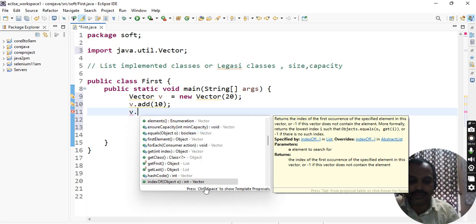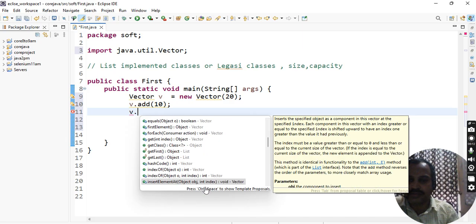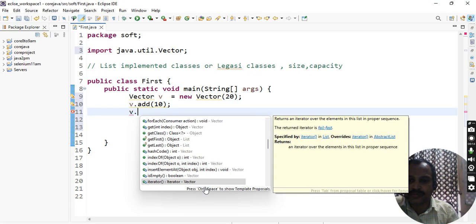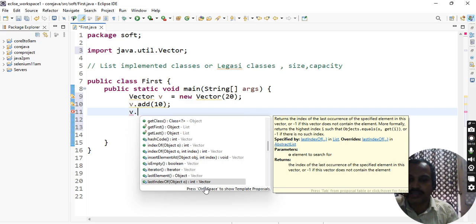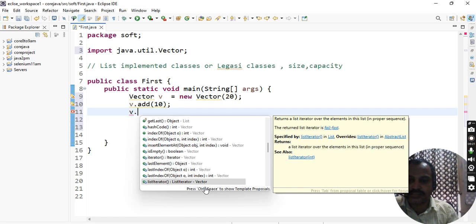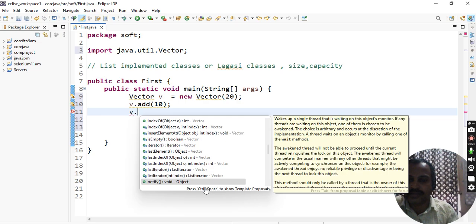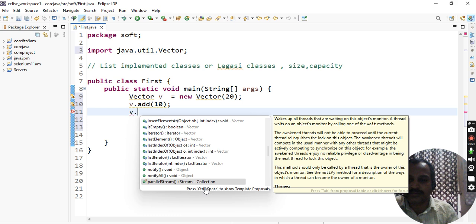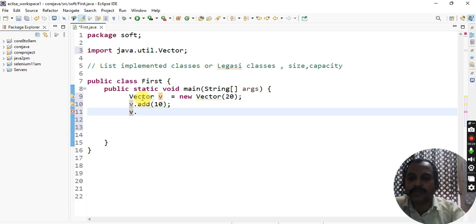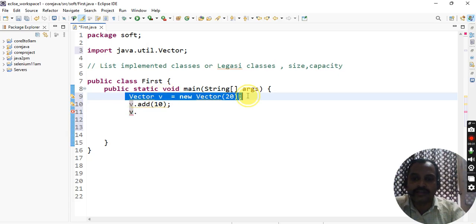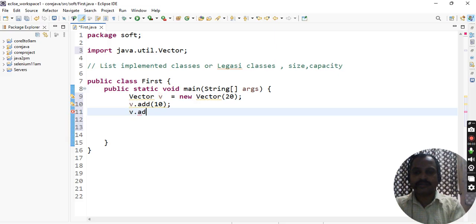address. Hash code, indexOf, insert elements, isEmpty, iteration using listIterator, lastIndexOf, and notify, which is from the Object class. So these are some of the methods, and we can apply all of them to this Vector class. Here I've added some elements,